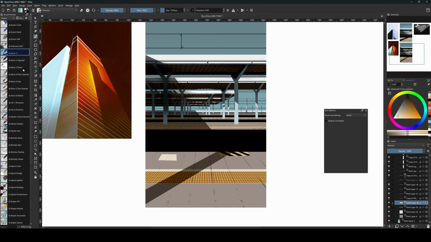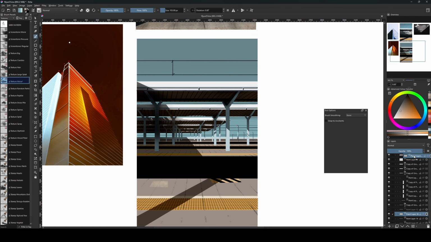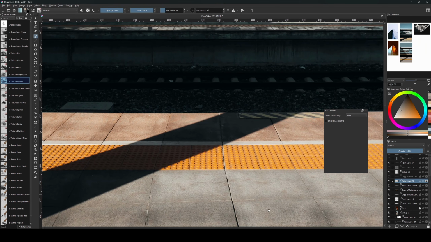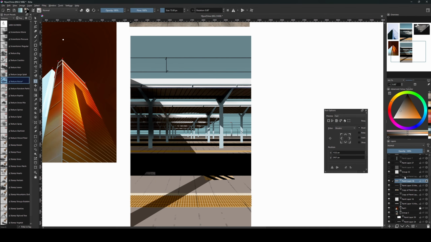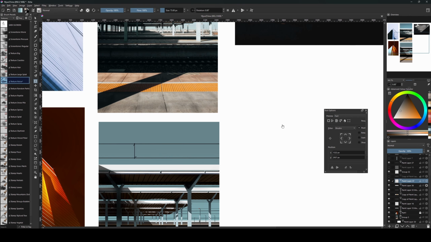There. Just paint with some texture there. Some and let's make the